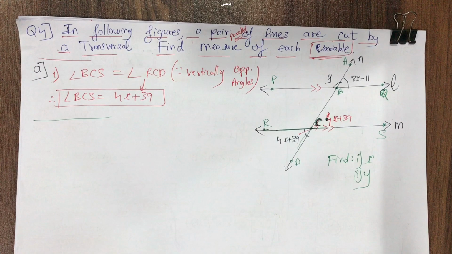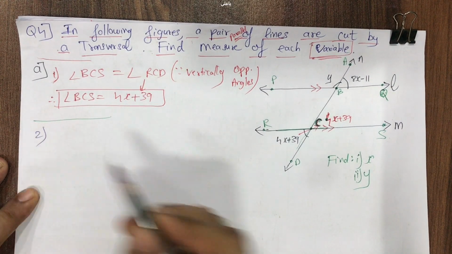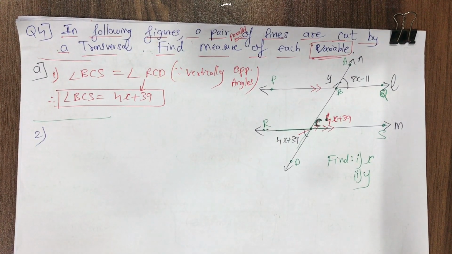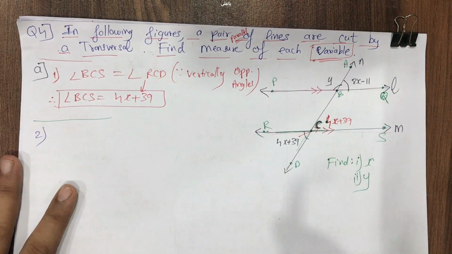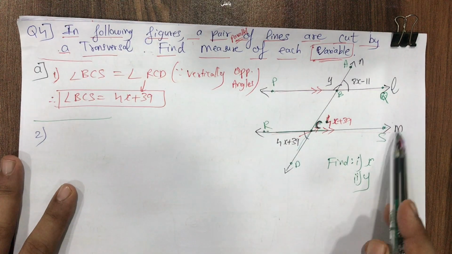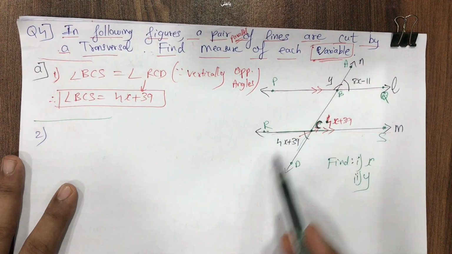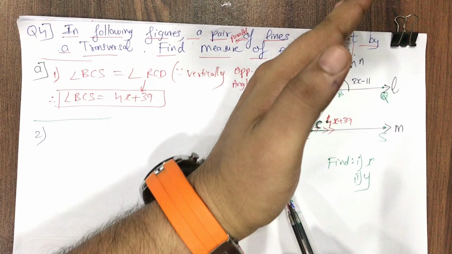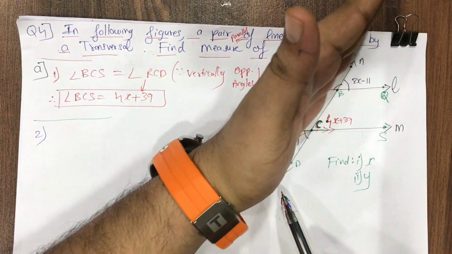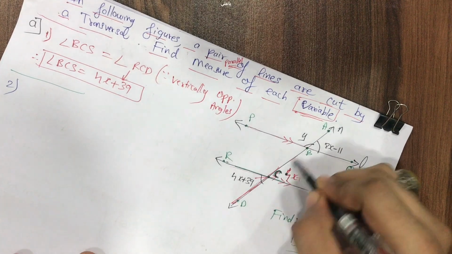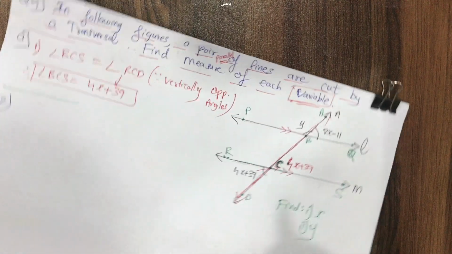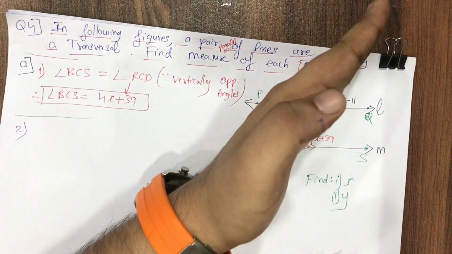Now why did I do this part? Pay attention, now you will understand the logic. I can easily see over here, students, that line L is parallel to line M. This is the name of the line, and N is the transversal. I'm keeping my hand over this transversal. I'll highlight this transversal with the red color. This is my transversal.